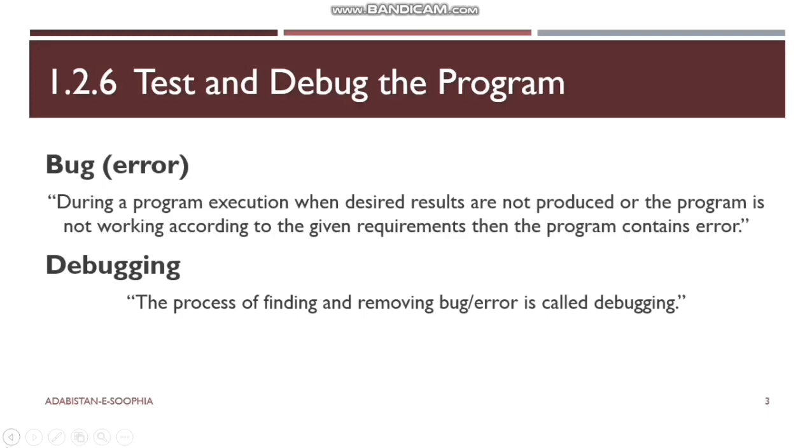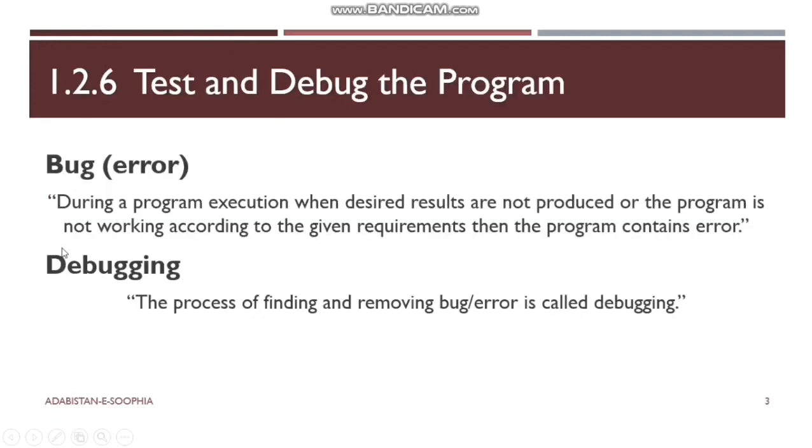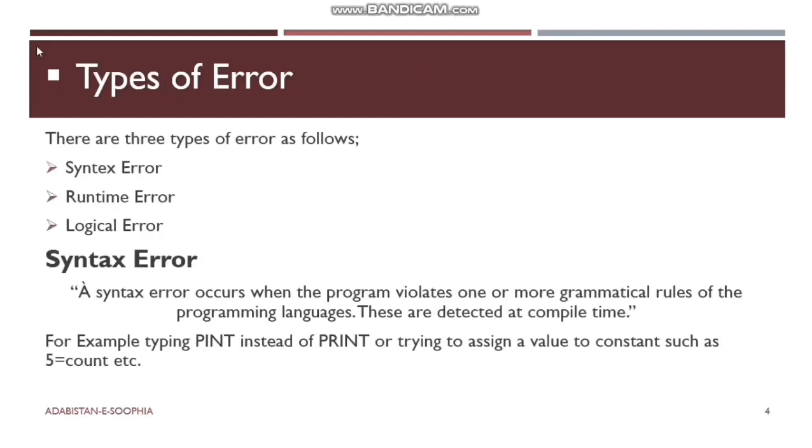The first way is a long question: Define debugging, explain the types of errors. What students make a mistake is, they define the term debugging, then they write types of debugging, not types of error, right? If this kind of question is asked, you will first of all write the definition of debugging, because it contains 2 marks. Then in the detail you will first define error, and then you will tell there are 3 types of errors, and then you will explain syntax error, runtime error and logical error, right?